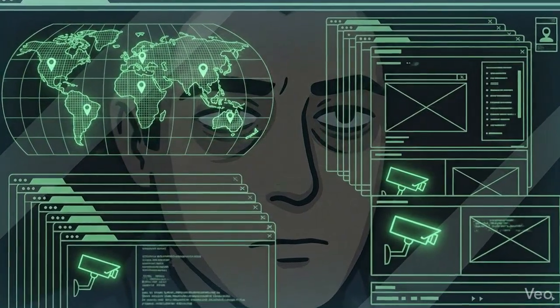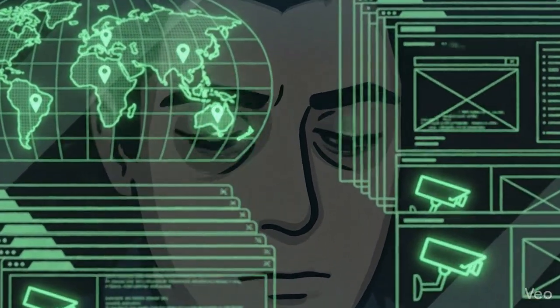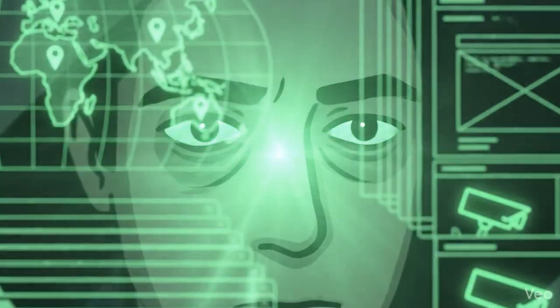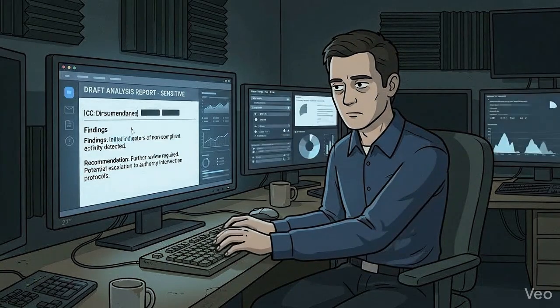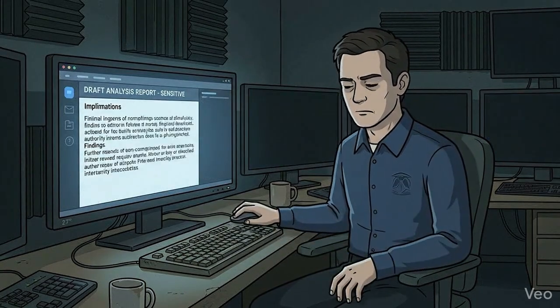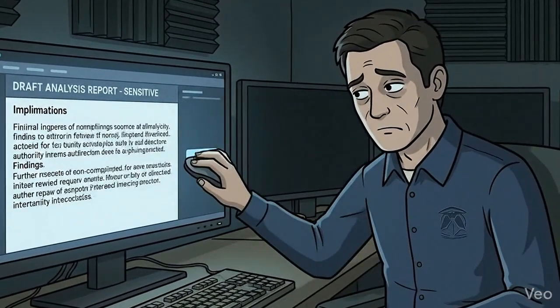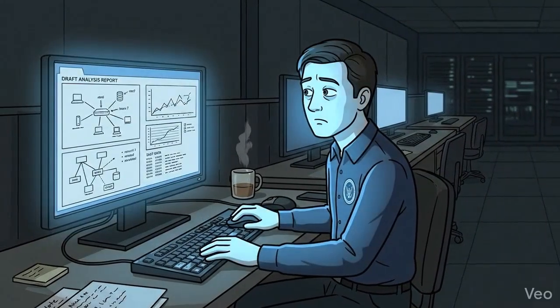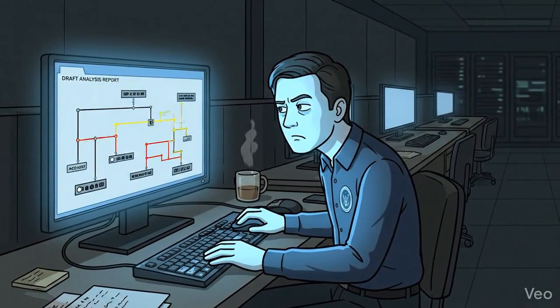The map reveals clusters of activity, suggesting coordinated access that aligns with known protocols in the system. Your reflection shows the concentration required to analyze the data. As the evidence becomes increasingly uncomfortable, you draft the analysis report, including key findings that may trigger authority intervention due